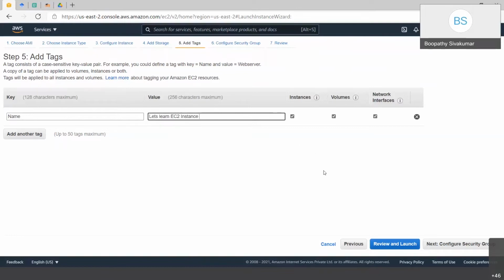That's all. Like this, you can add up to 50 tags at the maximum. Next, click on configure security group.